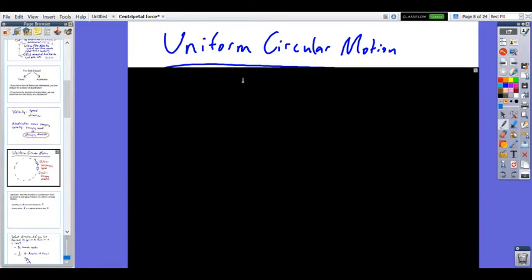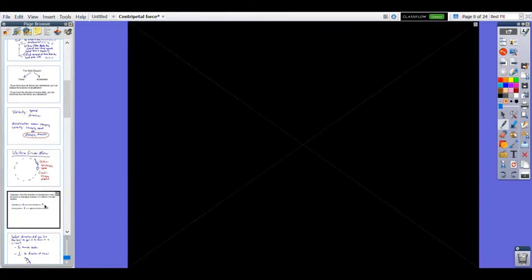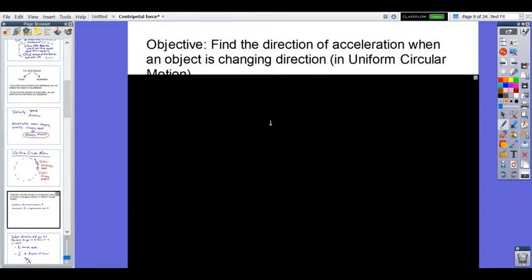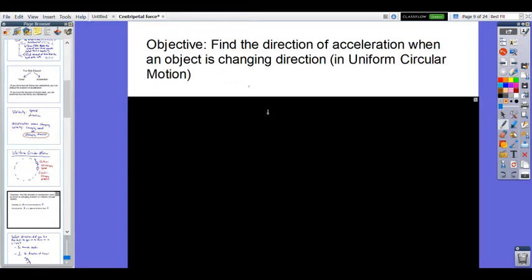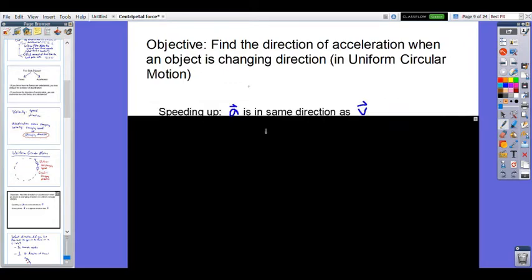And our job right now, our objective for this particular video is to understand what direction the acceleration is when this object is undergoing uniform circular motion, when this object is changing direction. What direction is the acceleration, right? So let's actually recall what we've already learned from last semester, all right? So for example, when an object is speeding up,